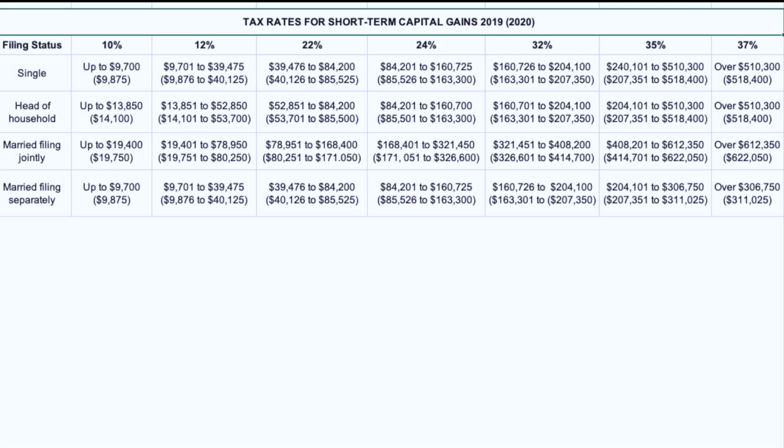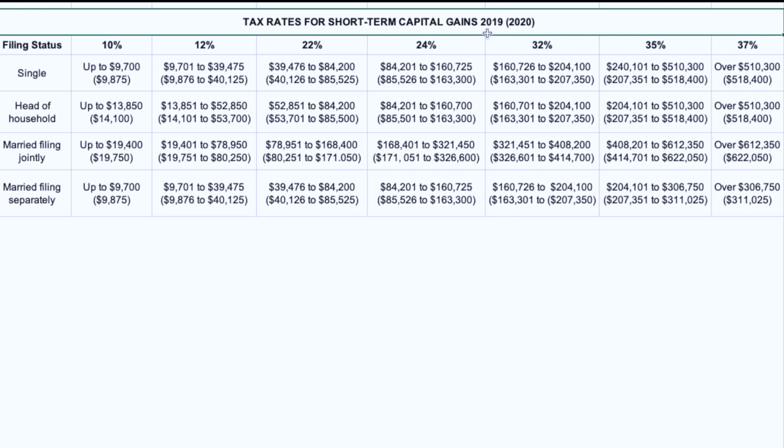First, let's dive into the chart and check out the tax rate table for your short-term capital gains that's taxed at your ordinary income. So right off the bat, you see that there are 7 tax rates, or tax brackets, however you want to call them, followed by a bunch of numbers. Don't worry, this will all make sense later. The numbers in parentheses are just the numbers being used to file for 2020. But we're not going to look at that. Instead, the example we will be looking at is for 2019 filing.